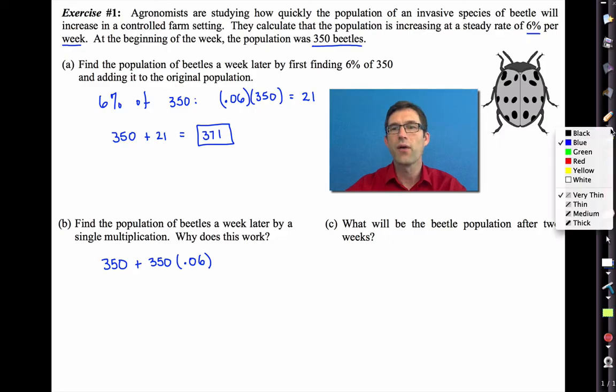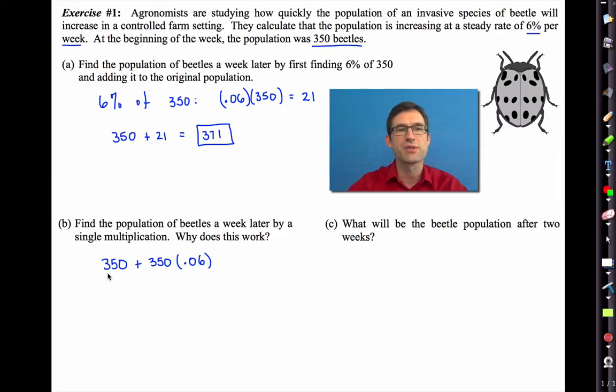Now this is where it's very helpful to be able to see structure in our expressions, because this is really a binomial, right? It's two terms, 350 and 350 times 0.06. Notice that 350 is a common part of each. So I'm going to actually factor it out. I'm going to factor the 350 out, and then I'm going to go back to blue. And what do I have? Well, I'd have a 1 here, and then I'd have a 0.06 here. So that's going to be 350 times